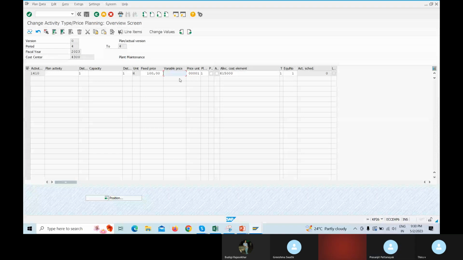One is mandatory. If two are there, there is no sense. We don't know whether there is a condition that it should take fixed and variable. That is up to the finance. That is not our matter. But any one of the fields should have a value. So per hour it is again per hour. But sir, one thing I have seen is that once we maintain this fixed price and use this activity type, then this price reflects in that planned cost.